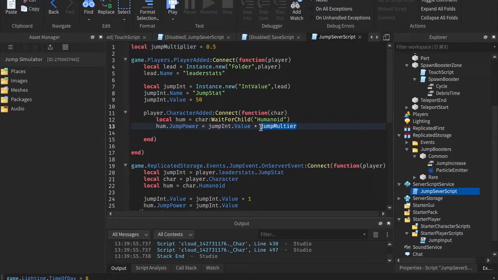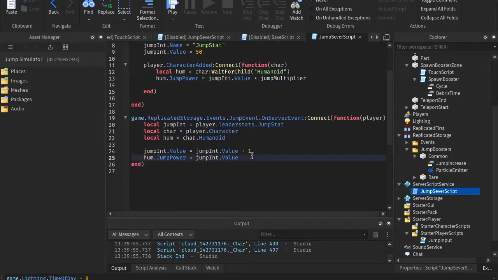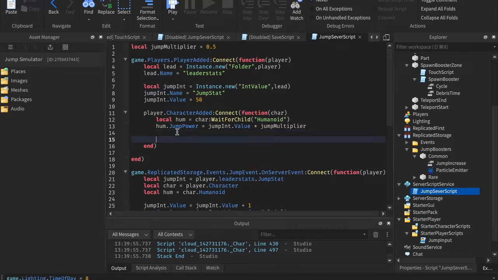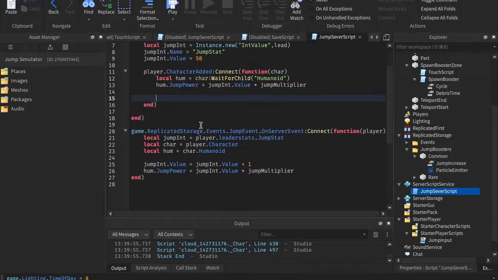Yeah. So I'm going to say cube.jumpPower is going to equal jumpInt.value times jump multiplier. And I'm going to copy this and put it over here too, because what this is going to do is take the jump int value and multiply it by half, and then give the humanoid that amount of jump power. So right now, if we start the game with 50, it will half it, and then say your jump power is equal to 25. And actually, we can make this even simpler and say, instead of having this here, we could just say